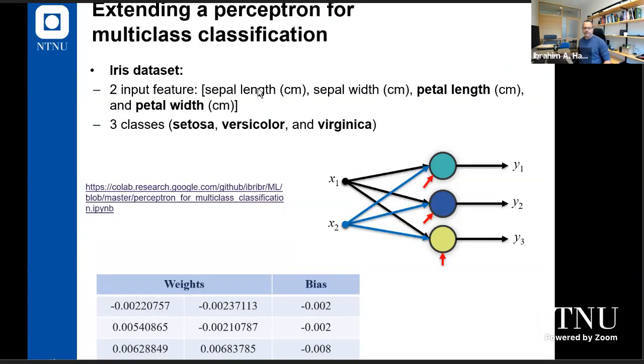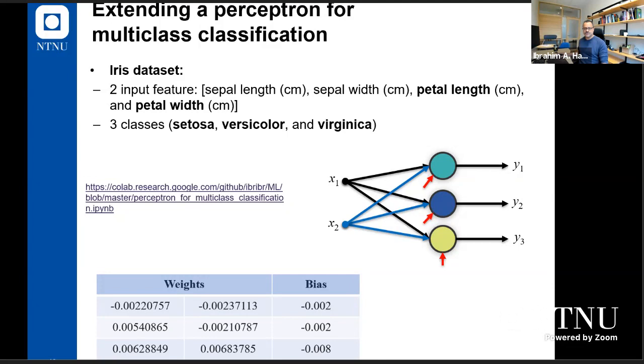Today we will talk about feature selection. So if we have to select 2 from 4, we know the Iris dataset has 4 inputs, but if we need to select 2, which 2 should we select? So we will study today also an algorithm for feature selection. Which 2 should we start with? For example, if we really have restrictions, or if I need to reduce the number of features, which 2